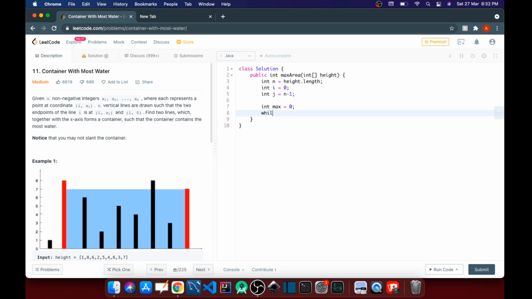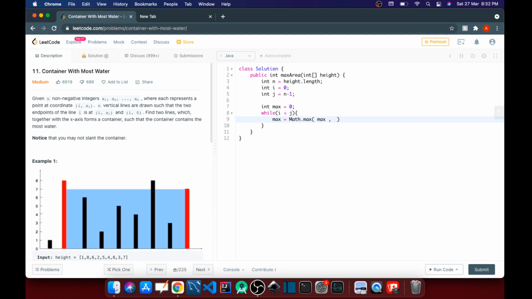Now while i is less than j, we have to find the maximum area enclosed between i and j. So max is, we have to take the maximum, so Math.max, and here one is going to be max itself, and the other is going to be the area enclosed between i and j.